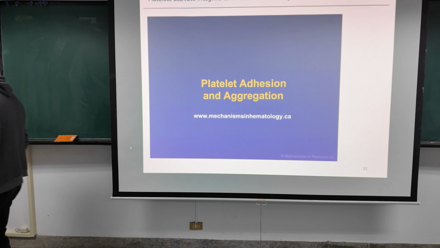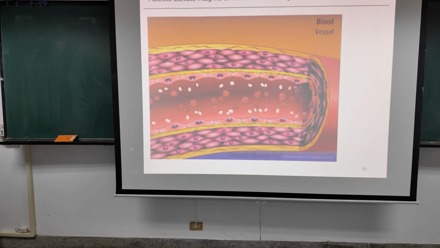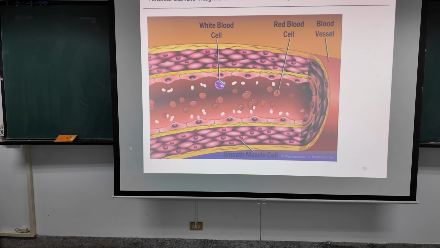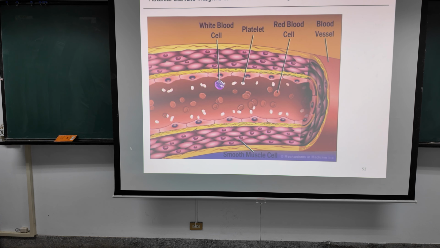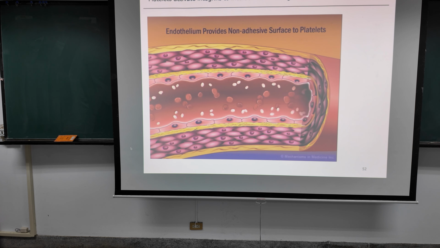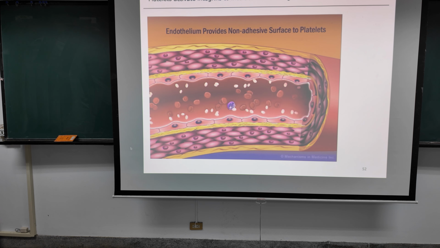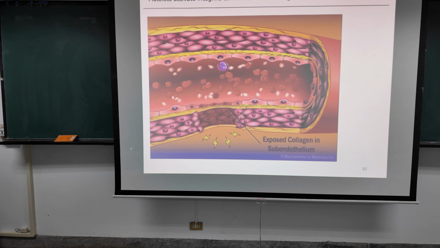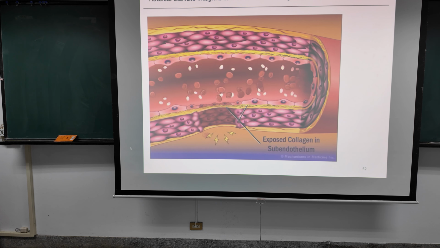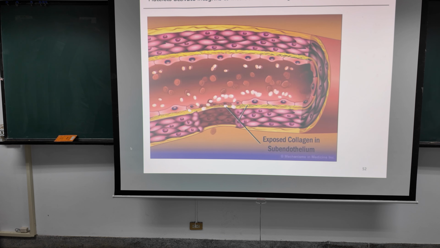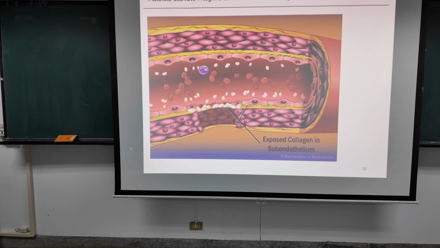Platelet adhesion and aggregation. In flowing blood, red cells predominate in the axial stream, while the biconvex disc-shaped platelets are marginated along the vessel wall, where they are well positioned to monitor the integrity of the endothelium. The normal endothelium provides a non-adhesive surface to circulating platelets. However, when vessel wall injury occurs, for example by cutting or separating a vessel, or as shown here by a puncture, and there is endothelial damage, the initial response of platelets is that of adhesion to collagen fibers in the